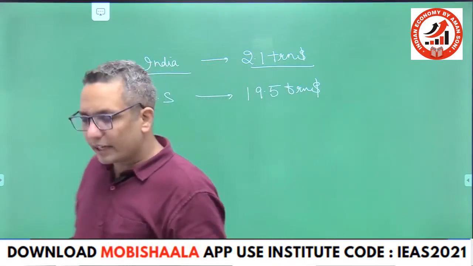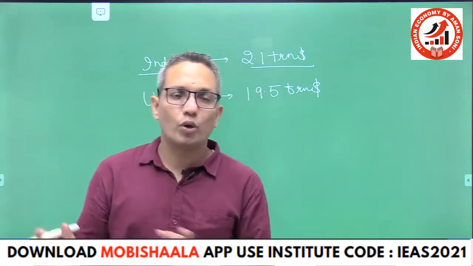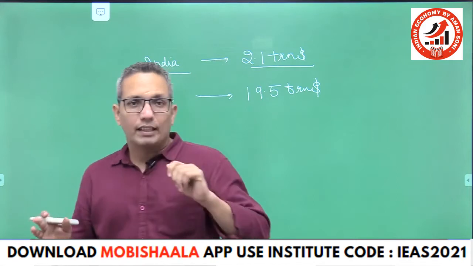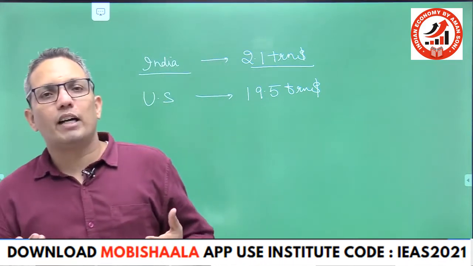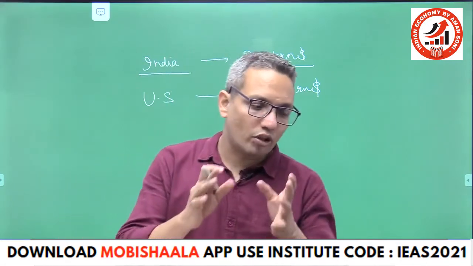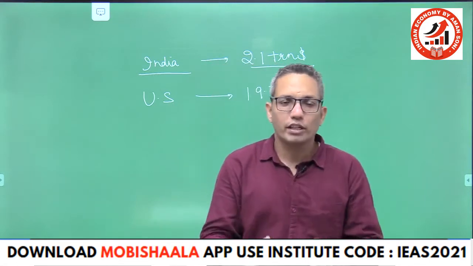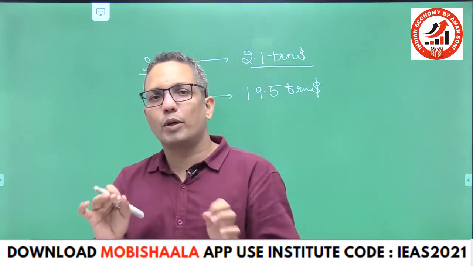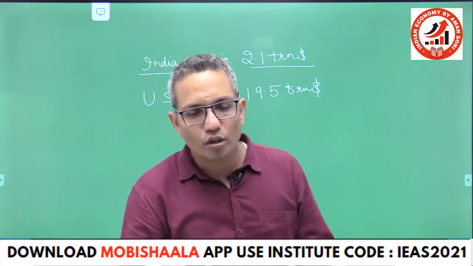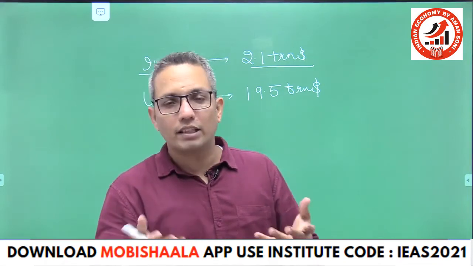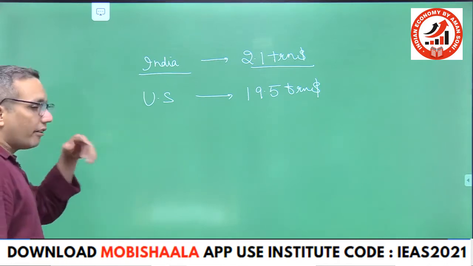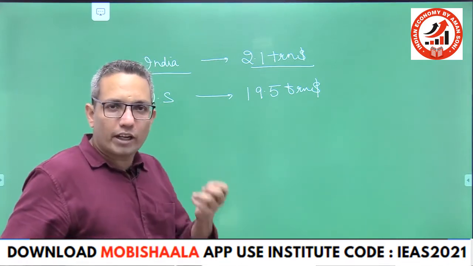But the US has grown for 200 years. It has faced inflation for so much of time. So the point is that its GDP is coming out to be higher because the value of goods is also higher. It's not that it is producing fewer goods. It's producing more goods as compared to India, but at the same time for the same goods the value is high because of inflation. Hence its GDP is coming out to be higher. But if we see the purchasing power, then the purchasing power of $1 is equal to 20 rupees.